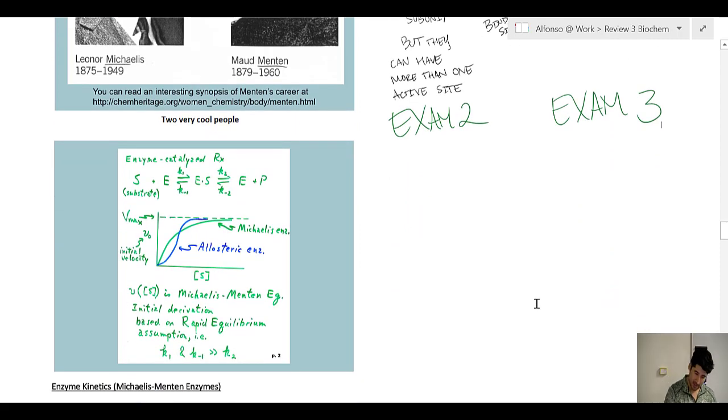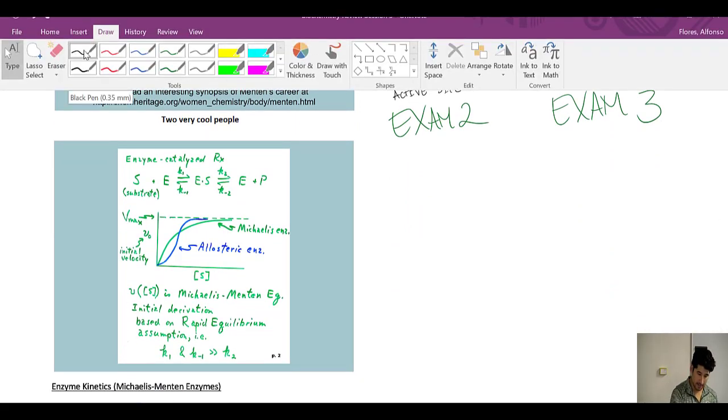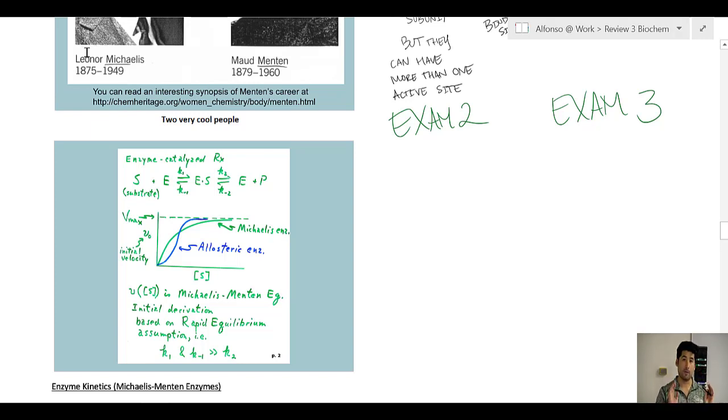All right, so let's see. So Michaelis-Menten enzymes, because they have one catalytic subunit, they produce graphs that look like that. That's perfect. So they produce graphs that look like that. They have a rectangular hyperbola. Remember those two words, rectangular hyperbola. So they have a rectangular hyperbola for a graph, and the x-axis is your substrate concentration, and your y-axis,